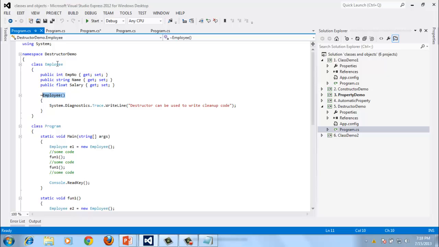You can see that this destructor has the same name as the class. It doesn't have any return type. It doesn't have any access modifier like public or private, as we can't call it manually from client code. It is prefixed by the tilde operator. Now what we can write inside the destructor is